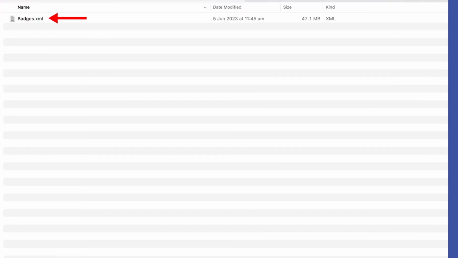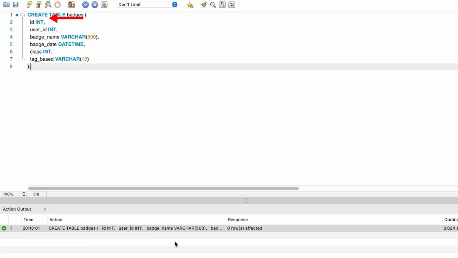So we'll create a table for the badges XML file. We've got one column for each of the attributes. I've assumed a maximum length for some of the columns here, and assume that the date values will get stored successfully in the datetime column. If this doesn't work, I can always import it as a text value and then convert it. Run this create table statement and the table is created.